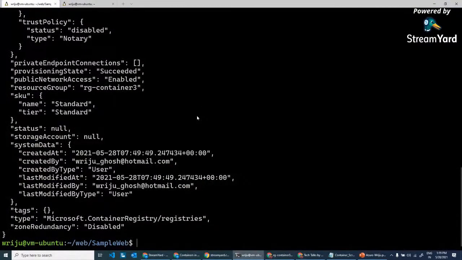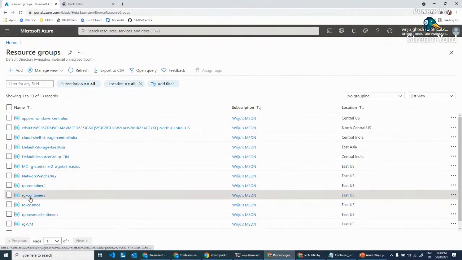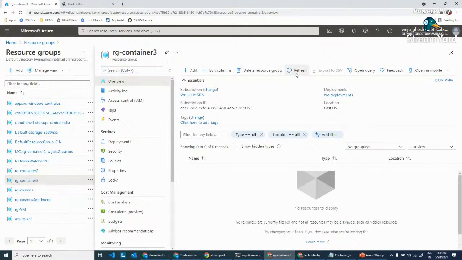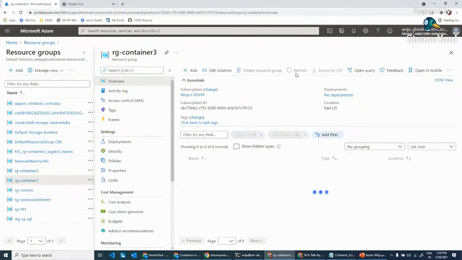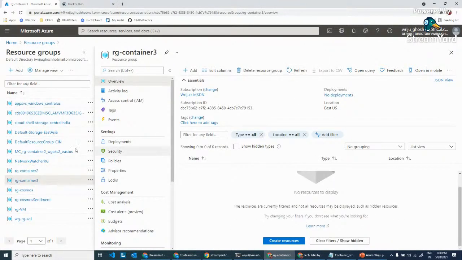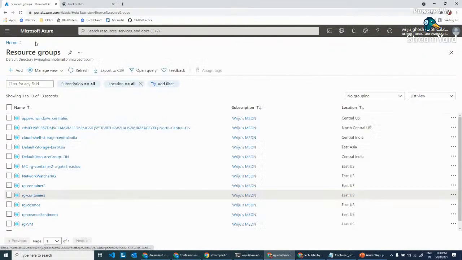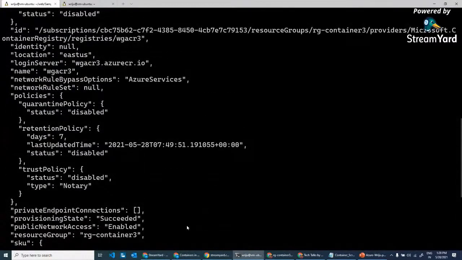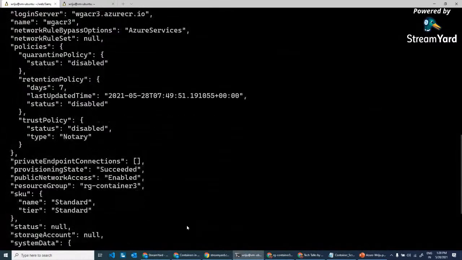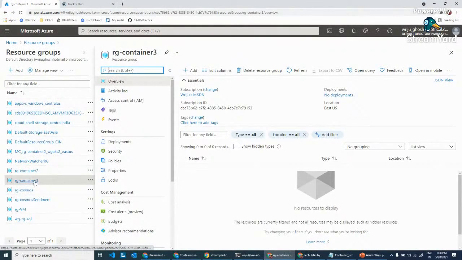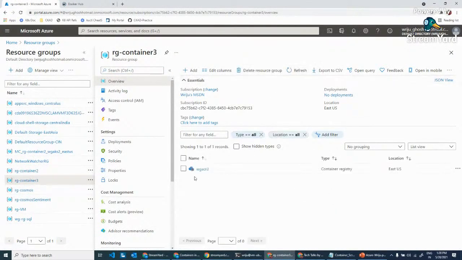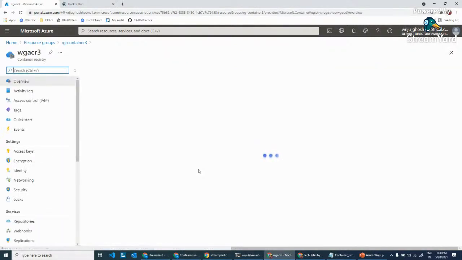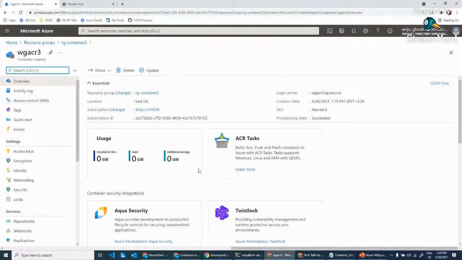It's still picked up. Okay, let me just quickly check. Yeah, this is inside. So let me refresh this. Sometimes the browser is a bit late, but it got created inside resource group 3. Okay, resource group is RG container 3. Yeah, so it took some time to refresh. So the registry is now available in my